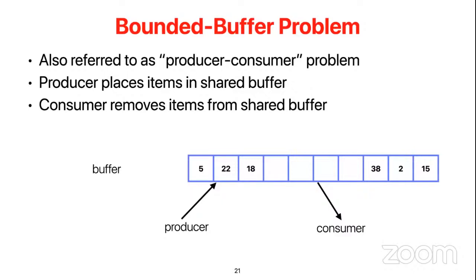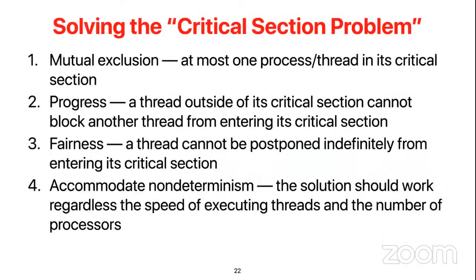So it turns out that you need to create a critical section in both the producer and the consumer, and for a critical section you want to guarantee four things. The first thing is mutual exclusion, as we said: at most one process, or say thread, can be in the critical section accessing an item in a buffer. And the second thing is progress.